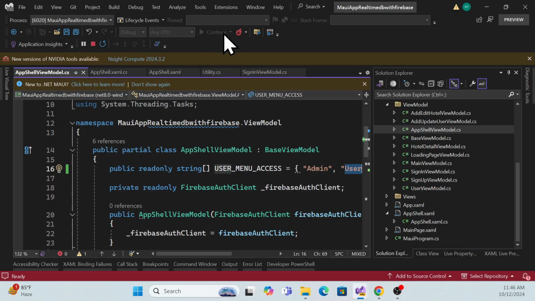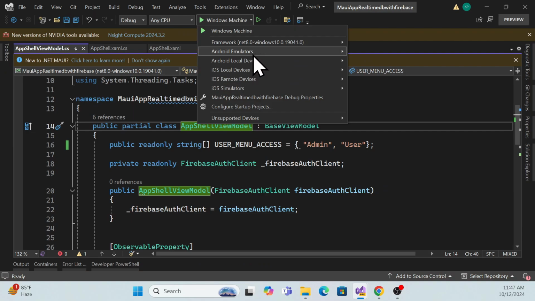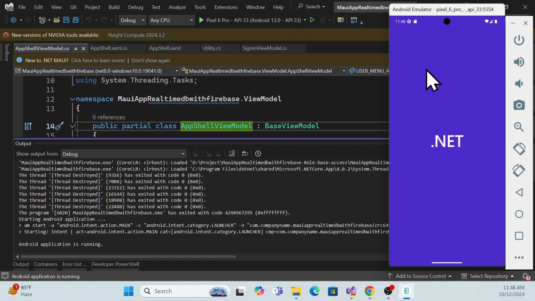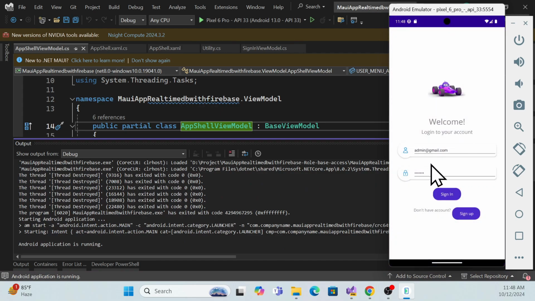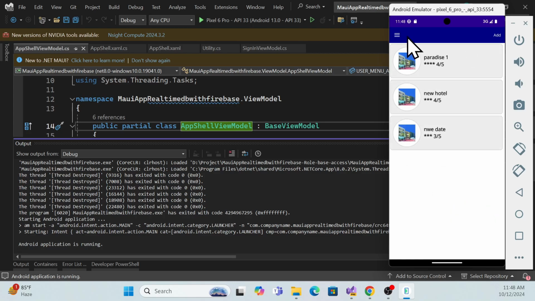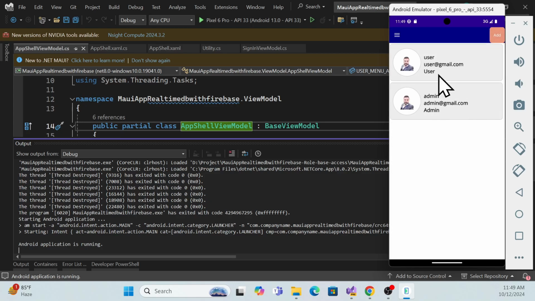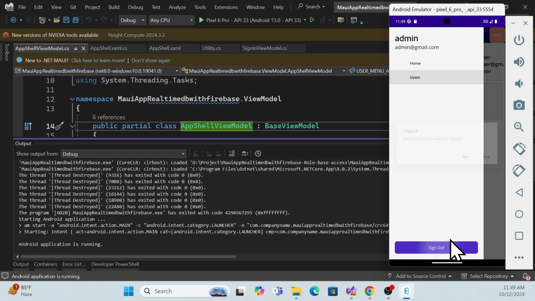and let me change from the Windows application to the Android application. So stop that, change to the emulator and run this application. Okay, now the application is deployed on Android, and this is admin. So let me try admin first and sign in. Now I'm logged in with the admin user, and I'm able to see that user. Once I click that user, I'm able to do add and edit as well, right? So that is fine. But once I sign out,